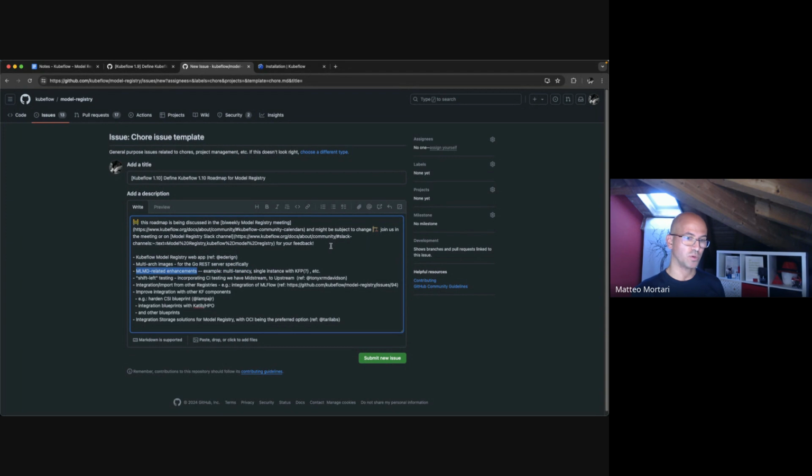I would like to put this one out there, and everything that 1.10 will not include can be carried over into a roadmap.next, as you were suggesting.